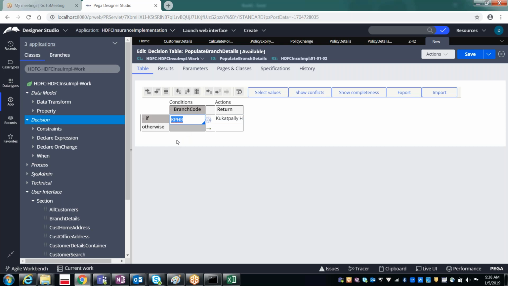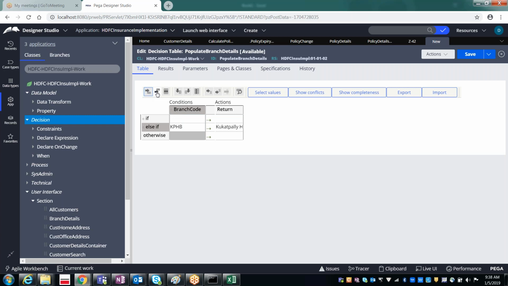Now how we can add the second one? Second value, second branch code, how we can verify? So there are various buttons available. If you want to insert the row before or if you want to insert the row after. So let's see what happens before. This is after. Even in case if you want to delete the row, so I don't want this, then you can delete the row.